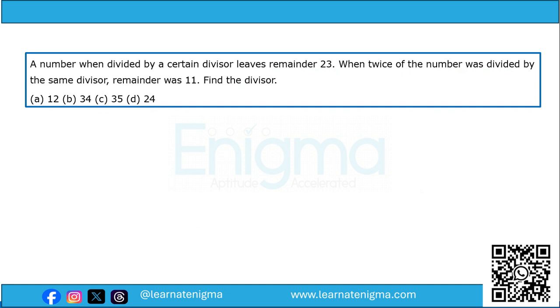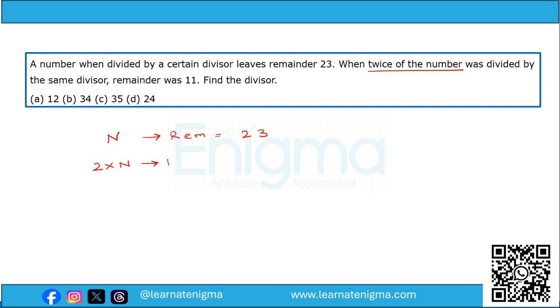the same operation needs to be done on the remainder as well. So when the number is divided by a certain divisor, the remainder is 23. Now, when twice of the number was divided by the same divisor, because we are multiplying the number by 2,